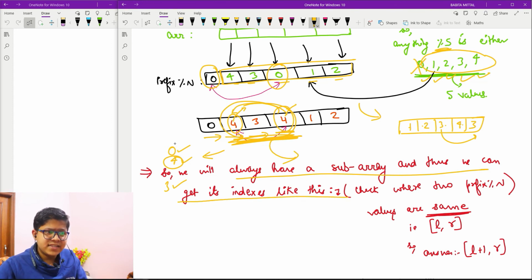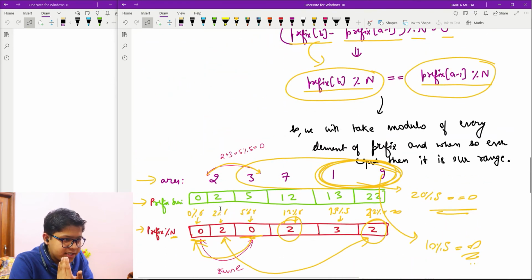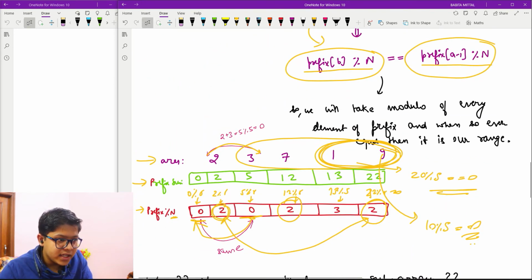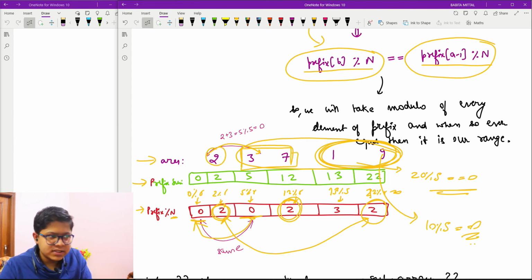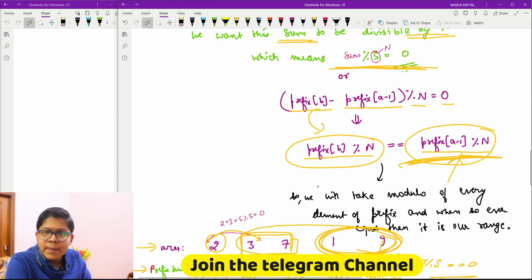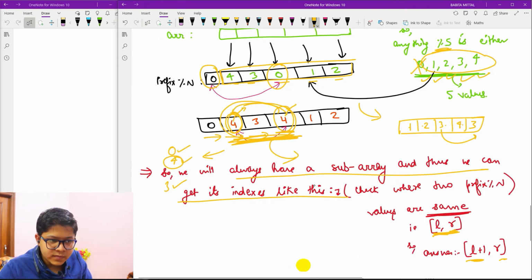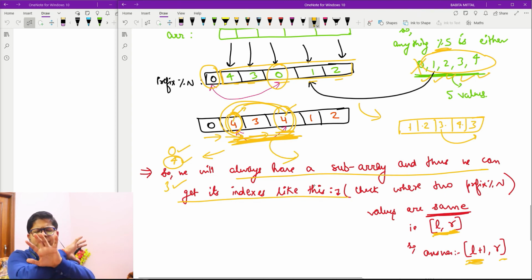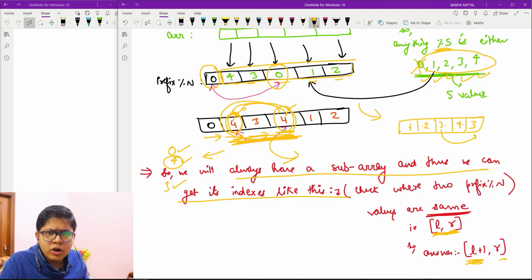To find the indexes, we take the first occurrence of that element and the next occurrence of that element, and the answer would be nothing but L plus 1 comma R. As I showed you here as well, if I have 2 here and another 2 here, I obtain this range rather than this one, because of the minus 1 here I am doing a plus 1 there. So it was the clear logic and intuition of this problem.